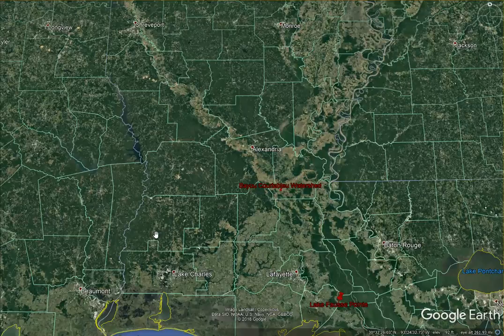Okay, now that you've seen our overview of the watershed and our presentation regarding what we think the problems and the solutions are, we're going to give you a visual overview of the solutions as we see it, so you have a little better understanding about what we're talking about. The first solution we're going to start with, we start at the north, and we're going to talk about